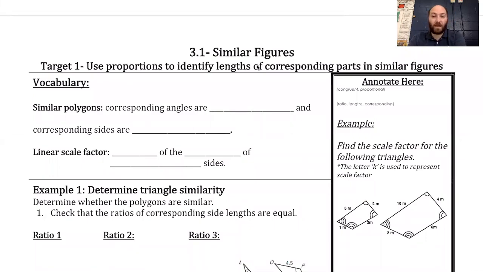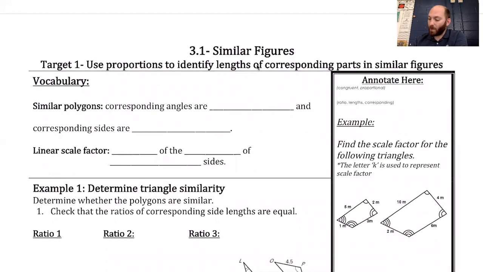Today we're going to be looking at 3.1, similar figures. So this entire unit is going to be talking about things that are similar, okay? You might think those are the same, but they're not quite. So similar polygons. In similar polygons, corresponding angles are congruent, and corresponding sides are proportional,